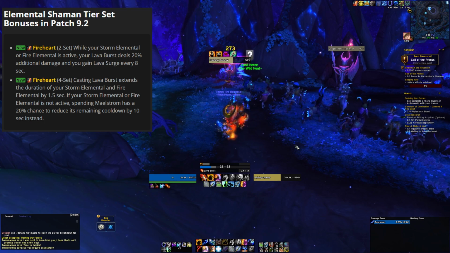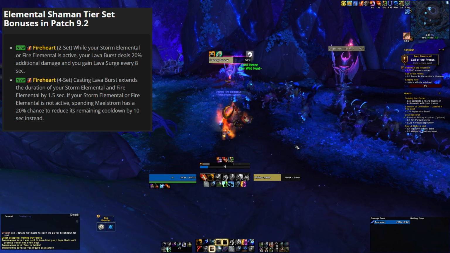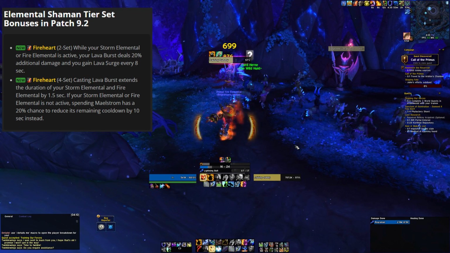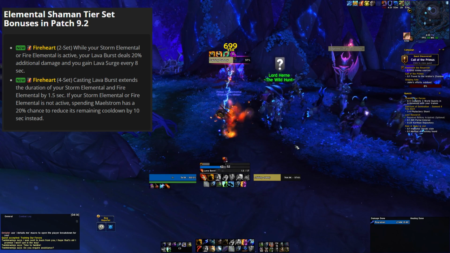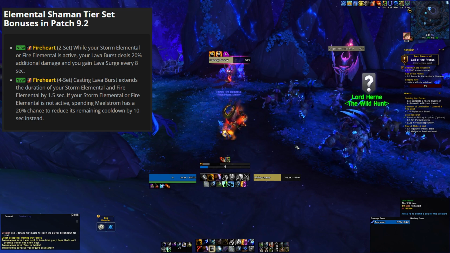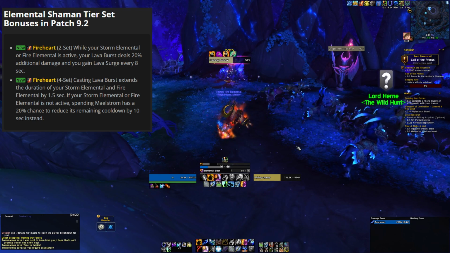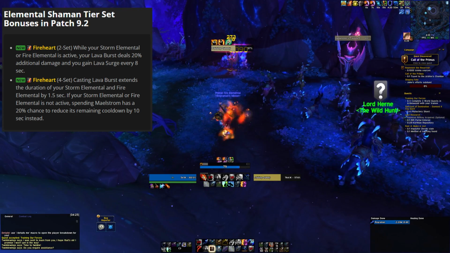As well as, if your Storm Elemental or Fire Elemental is inactive, spending Maelstrom has a 20% chance to reduce its remaining cooldown by 10 seconds instead. So this whole 4-piece set is focused around giving us much higher uptime on our elementals going into 9.2. Overall, a lot going on here with our tier set, but it's entirely focused around our elementals and Lava Burst,